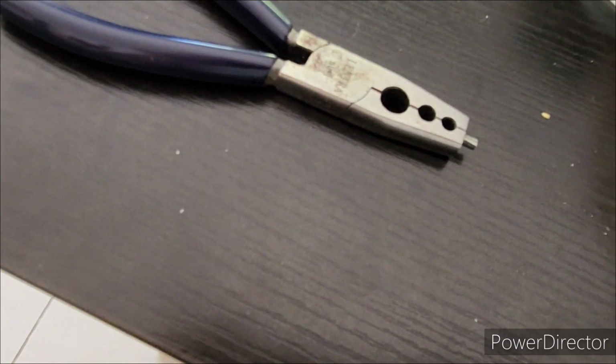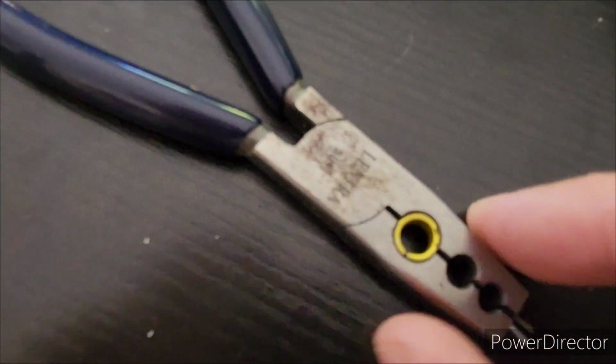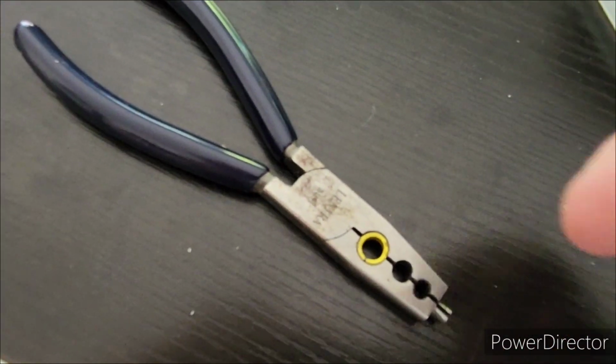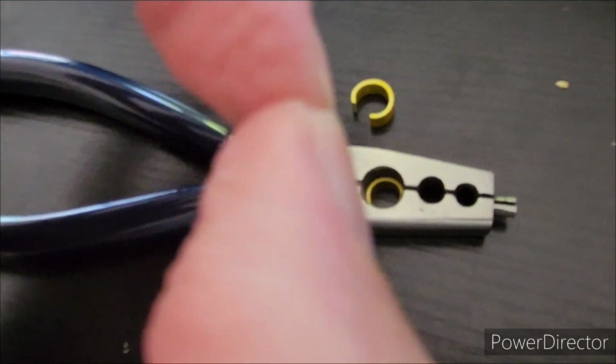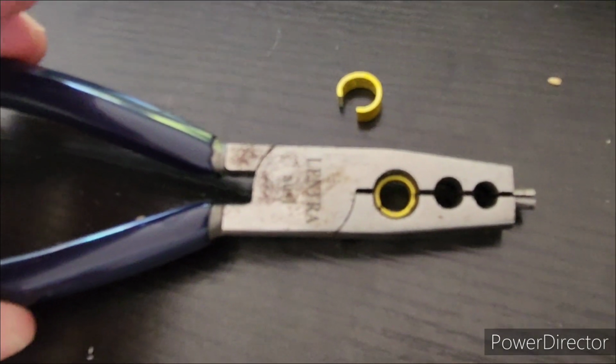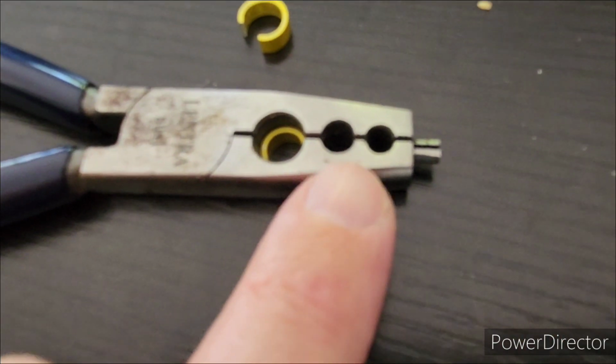So I have one here I think I'd already closed just as a bit of a trial. You can see that fits into that hole there. So as you put the leg ring on open, you open up these pliers and put the ring on the inside. Now obviously you'd be lining up the split part of it to close, and then you close that up, and the pliers are actually designed to close it up nice and circular and give you a nice clean join on the leg. And of course there's two smaller sizes there too,